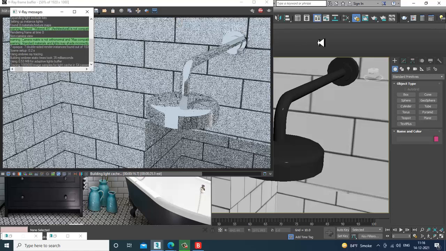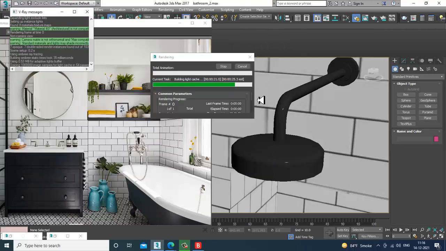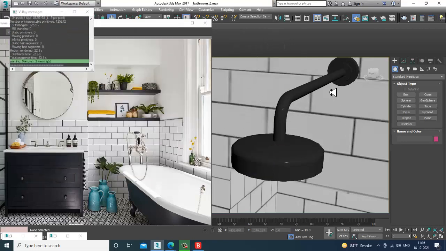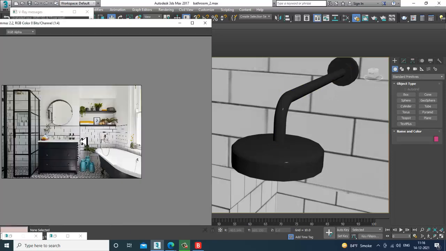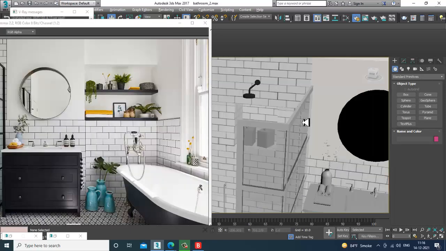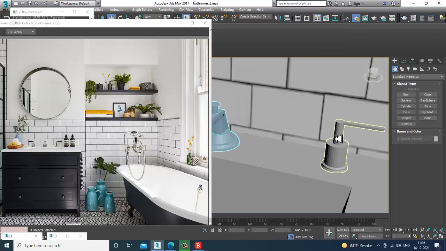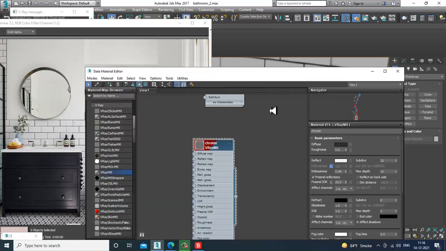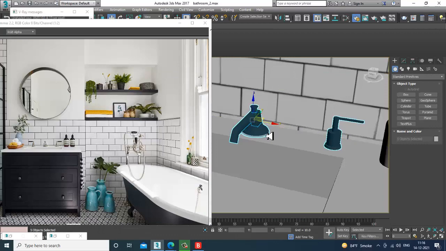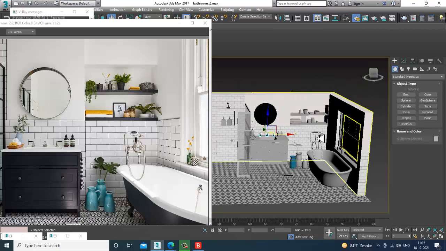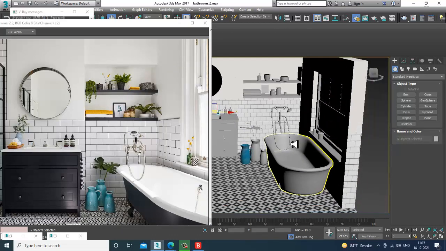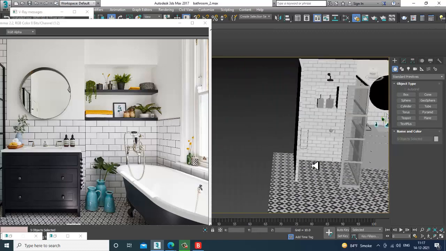After that, if any color change is required, you can go with that. For now I'll just assign this chrome material to these taps also. The chrome material will be utilized for all of this, wherever it is required.